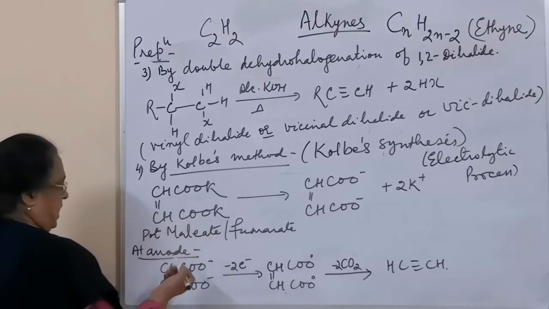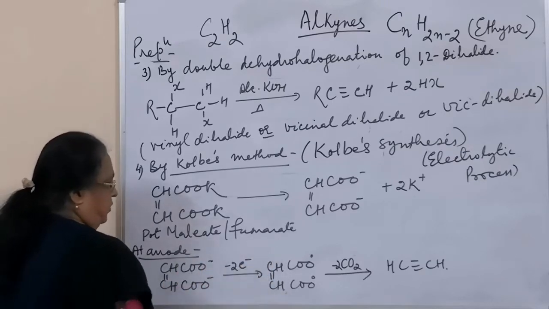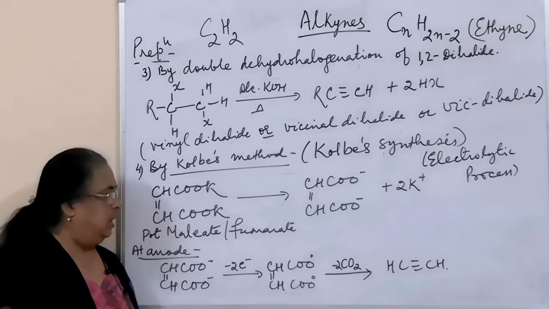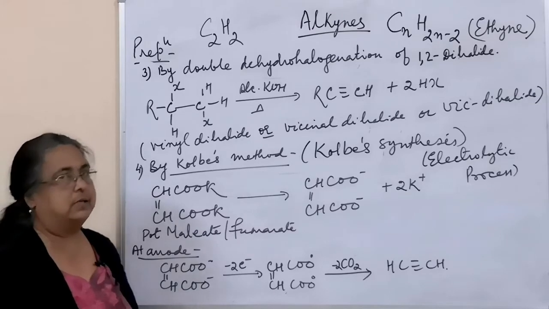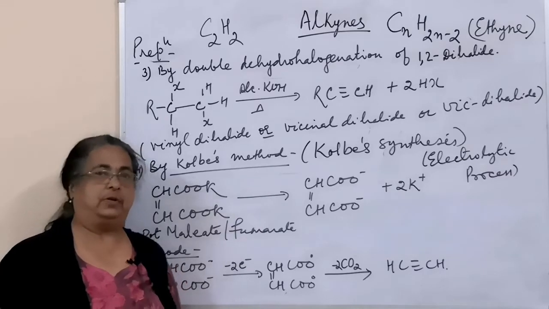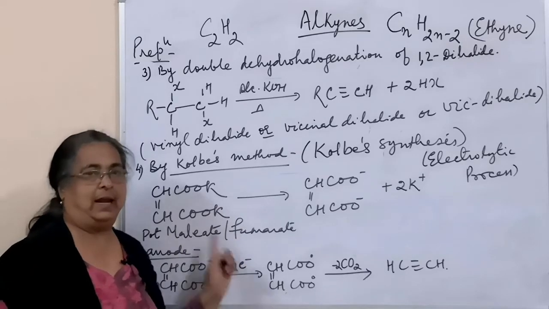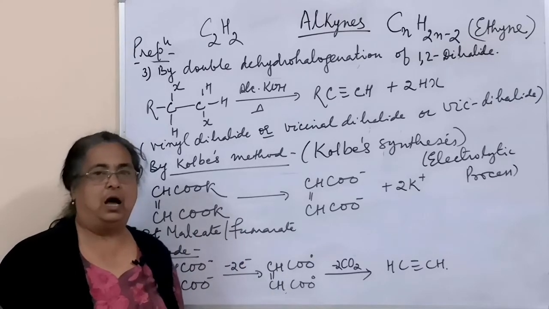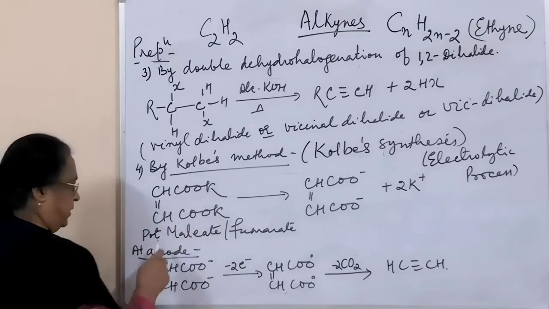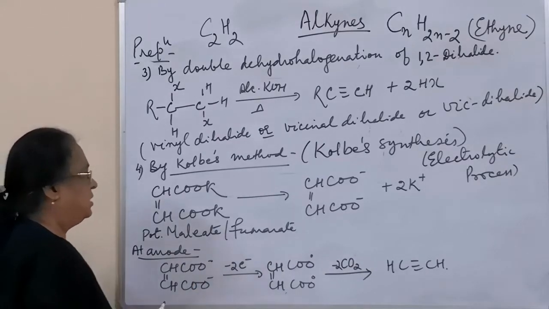So here the carboxylic acid is either maleic acid or fumaric acid. Maleate and fumarate are the salts of maleic acid or fumaric acid. These are not new terms for you; I have already covered them in the chapter on geometrical isomerism. Maleic acid and fumaric acid are geometrical isomers. So either one is taken, the potassium salt of the carboxylic acid,